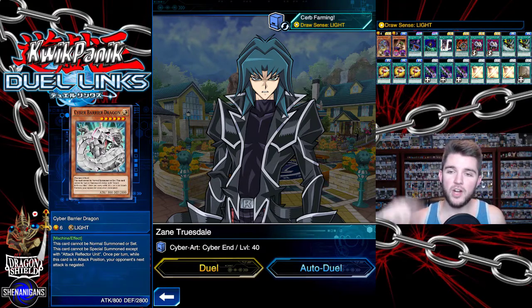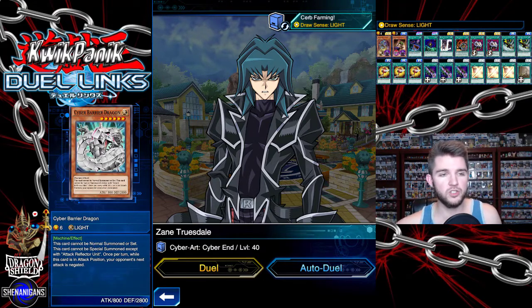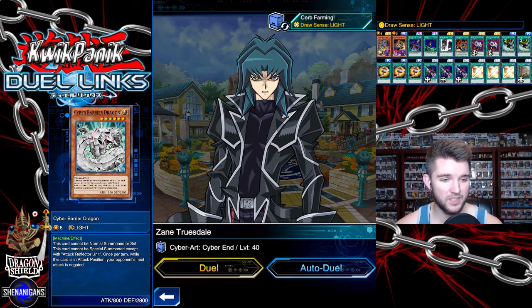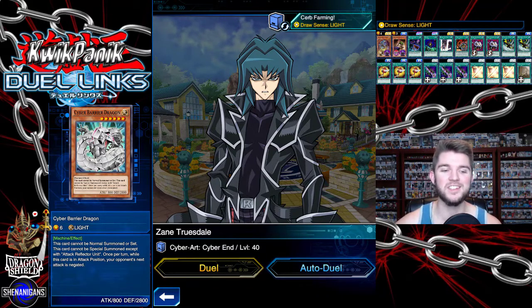Then we have Cyber Barrier Dragon, who's like the opposite of Cyber Laser Dragon. He cannot be normal summoned or set, and he can only be special summoned with Attack Reflector Unit, which is another card we'll get to in a second. Once per turn, while this card is in attack position with his 800 attack points, your opponent's next attack is negated. That is awful,